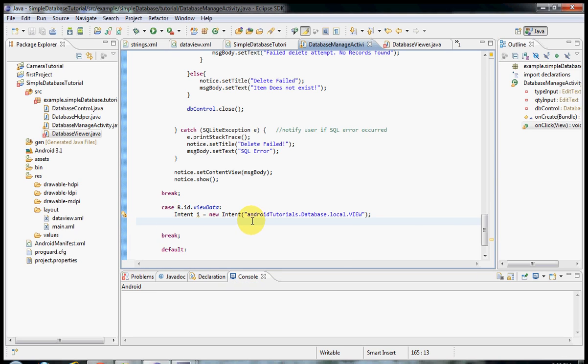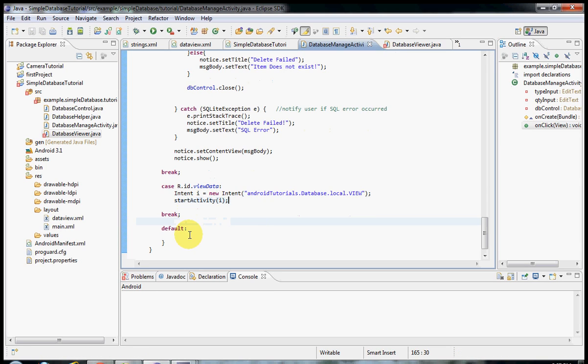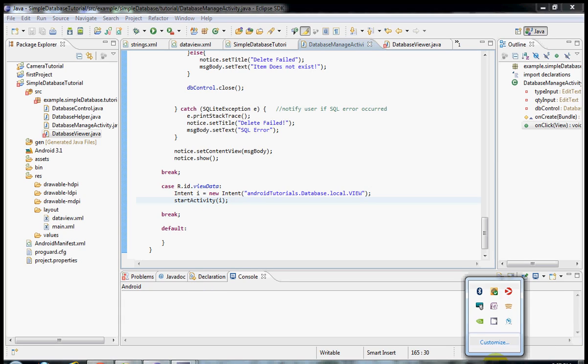Okay, so now we want to start the activity. So just pass in the intent. And there you go. That's all the code that we actually have to do for this class. So now we can move on to the other